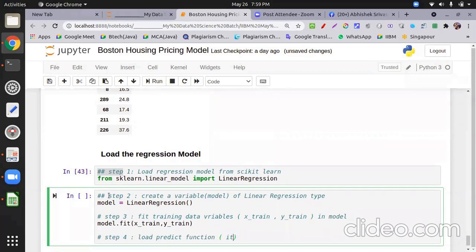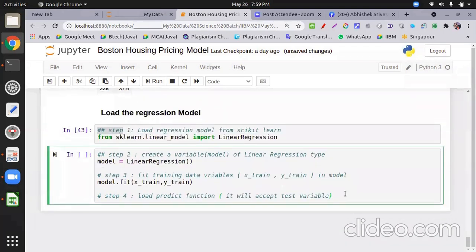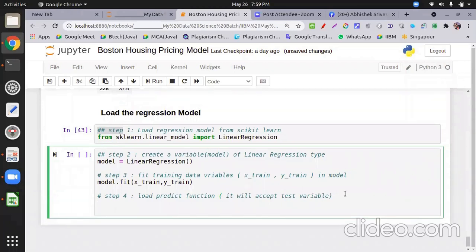It will accept the test variable. All right. Now what we do, pred equal to model.predict.